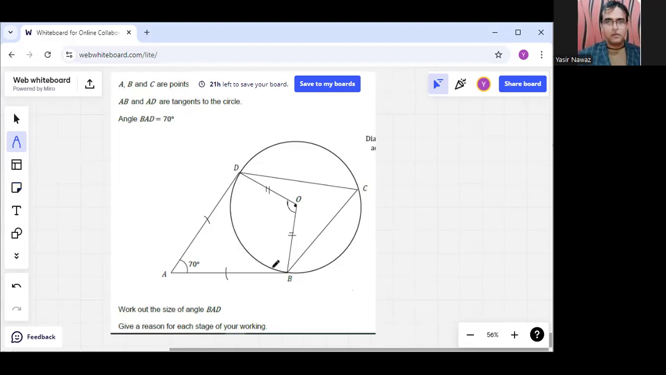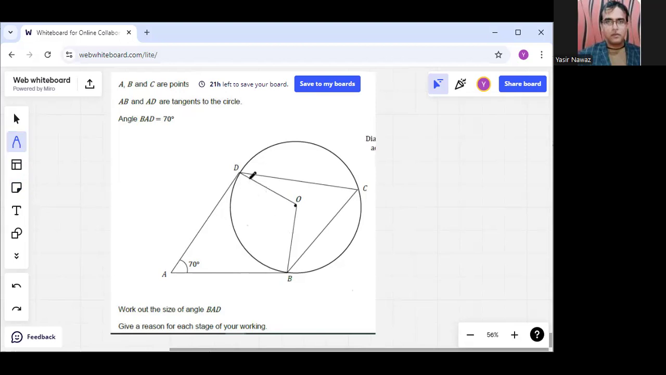If I draw a straight line, a chord, that's an isosceles triangle. In an isosceles triangle, two sides are equal, so AB and AD are equal. But there is no need to find it in this way. The other thing is that